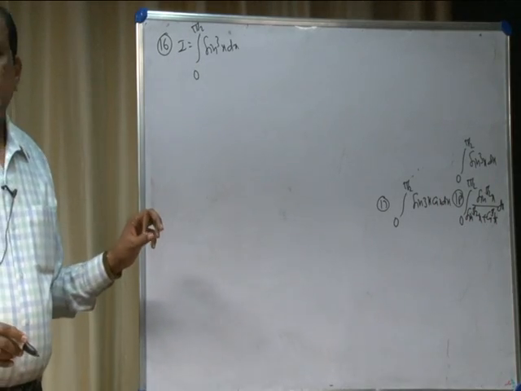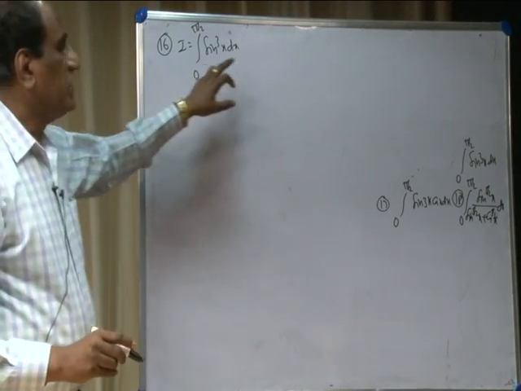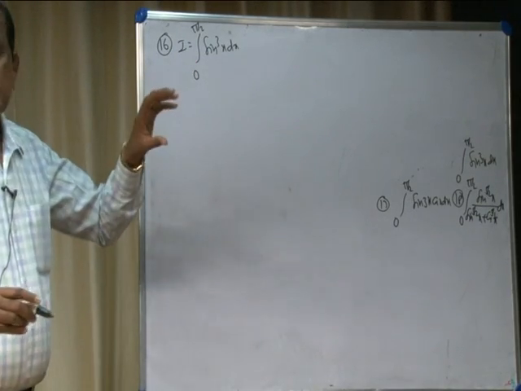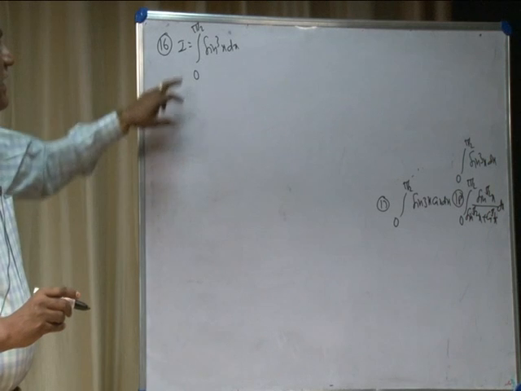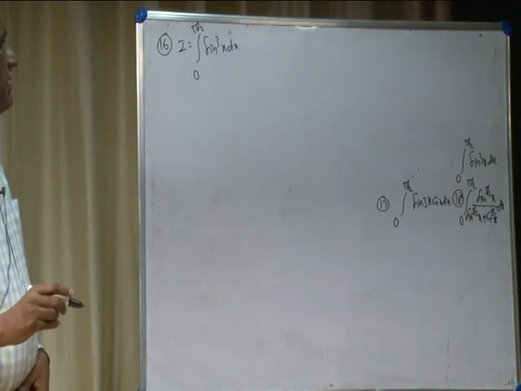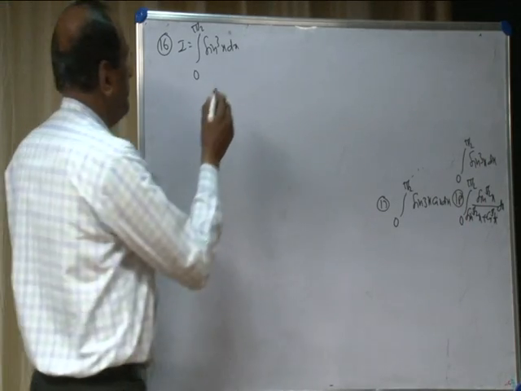So, this problem was solved in that method using the multiple angle formula. Now, I am going to use another method to integrate sin cube x, with upper limit pi by 2 and lower limit 0. See here,